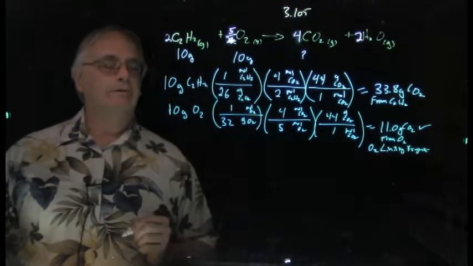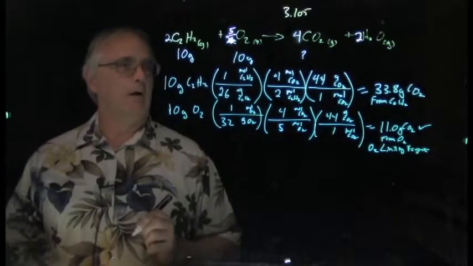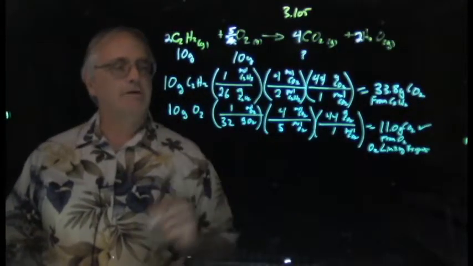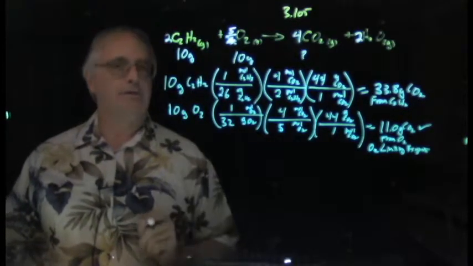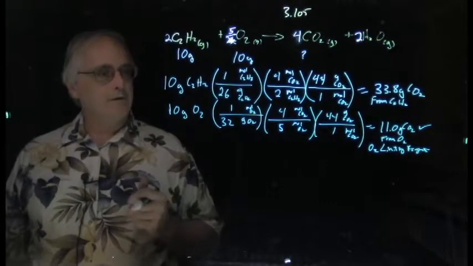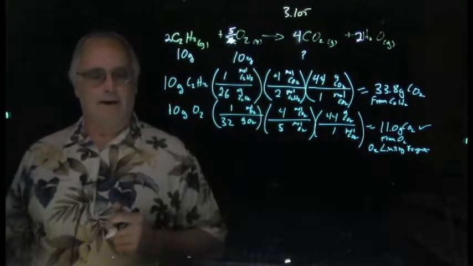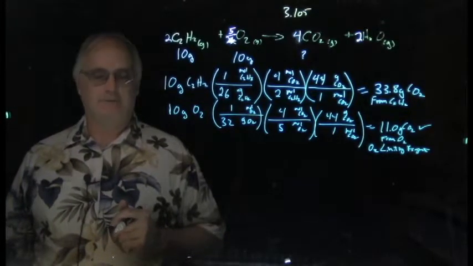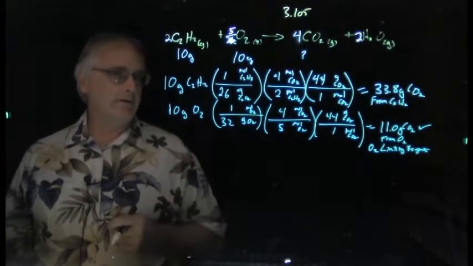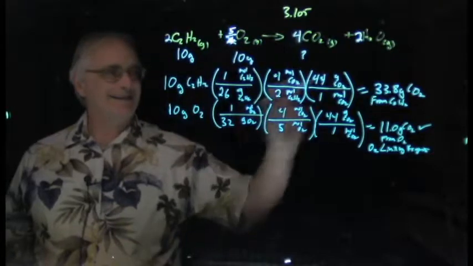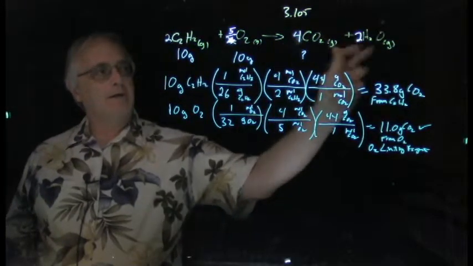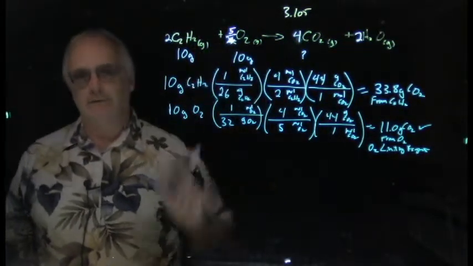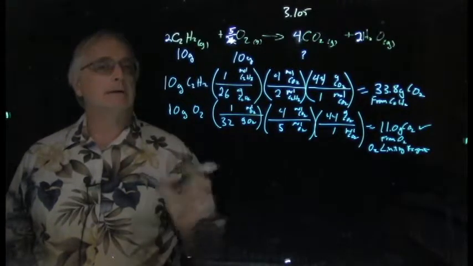And so that answers the first couple of parts of this problem. Okay? We've written the equation and balanced it. We've figured out which one is the limiting reagent. Part C is the one where most of the meat of the problem is. Here they want us to say, okay, when the reaction is all done, how many grams of everything? Grams of carbon dioxide, grams of water, grams of oxygen, grams of acetylene, how many grams of everything are in